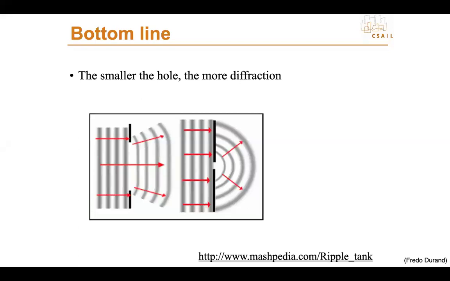And so the bottom line is this: the smaller the hole, the more diffraction you get. But you don't want to interfere with the way the light energy is propagating, this undulatory behavior of the rays. So if you make the aperture very small, you are going to have diffraction that bends the rays in a way that is not desirable, right? And what happens is this: